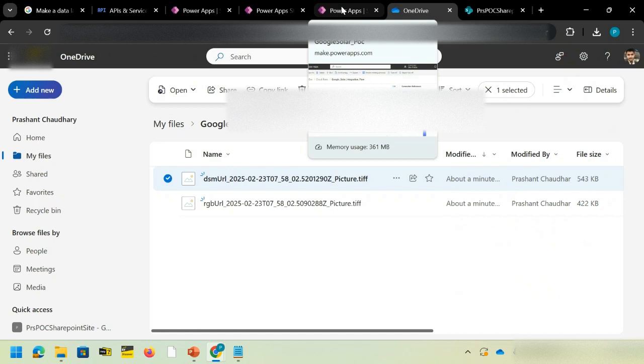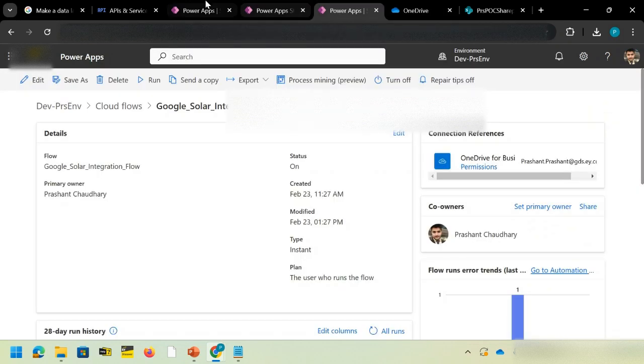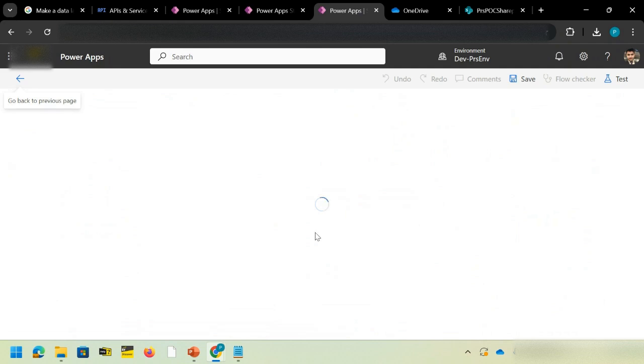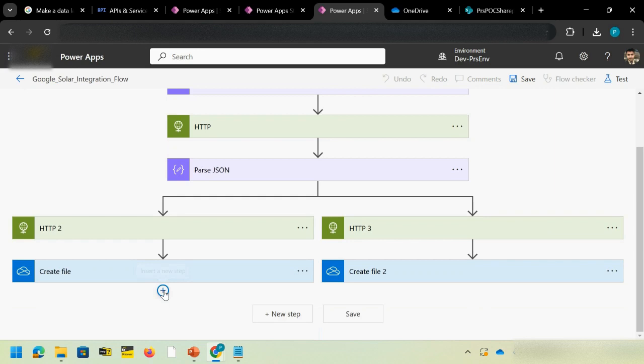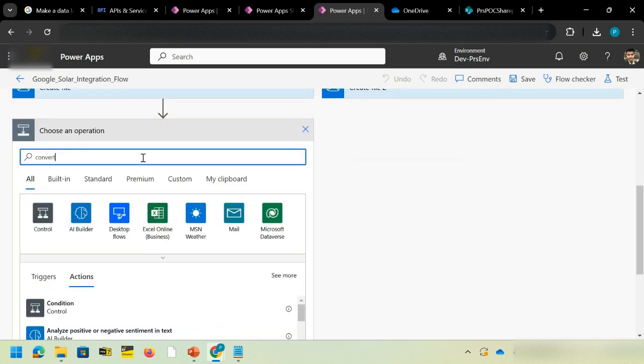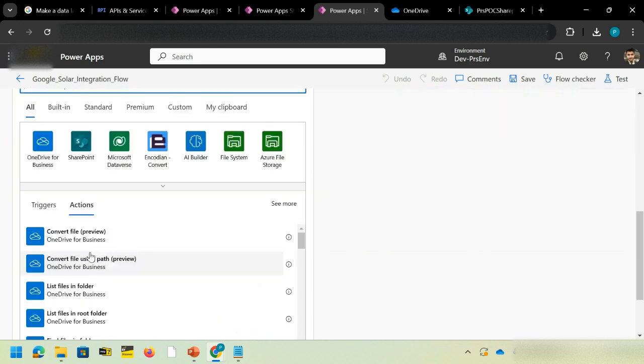There are many approaches to convert these TIFF files into JPG. The approach which I'm going to use is inside my Power Automate. Where is my Power Automate? Yeah, that's the one. There is an action in OneDrive which we can use to change the type of a file into another. Let's call it convert file. Convert file using path,